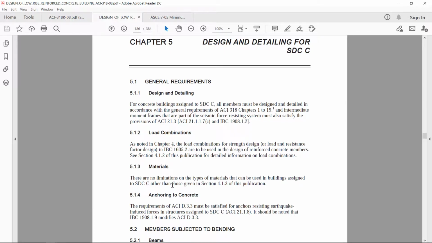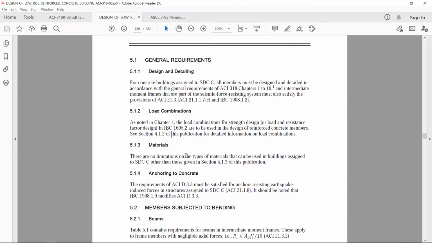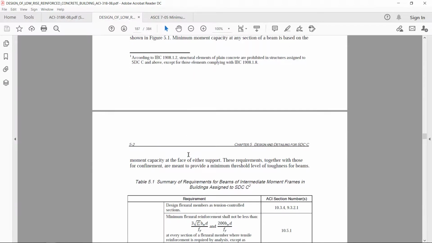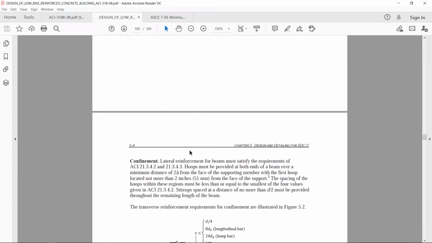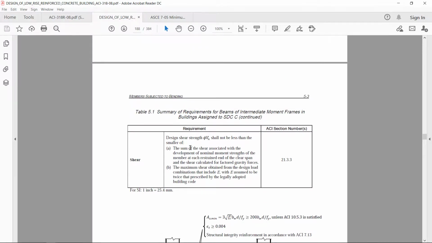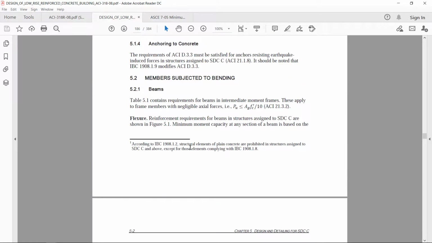And the second thing is that because of this seismicity, we have to consider load combinations with seismic effect. That I will explain later. So now in this example, we will first check what the impact is on the design of a slab or a flat slab system if the building is designed as per SDC C conditions. So let us see what is provided over here.